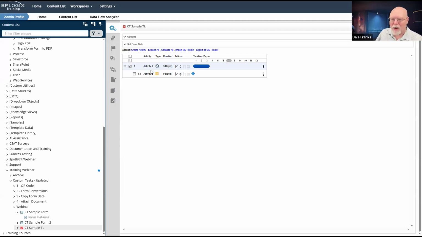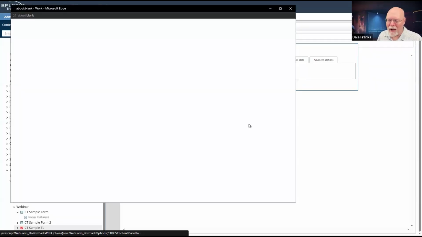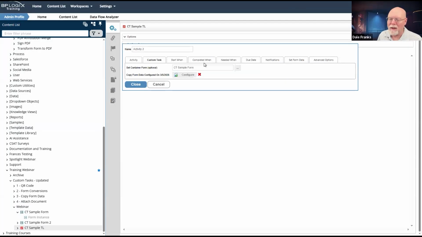It is one of those weird little things in Process Director where the form will stay open while the convert to PDF activity is occurring, and the form won't actually close until the convert to PDF activity is done, which is kind of a pain, although there are a couple of ways around it.